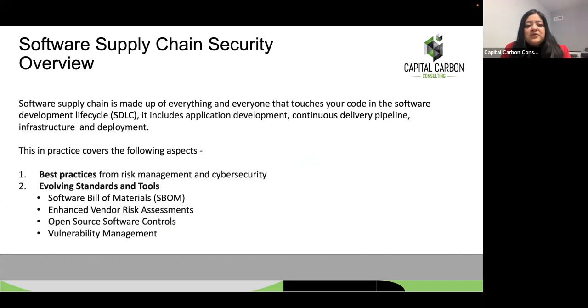Now, let's begin this session today with software supply chain security, right? I mean, security is on top of everybody's mind, but when it comes to software development, and as software professionals, we have a greater responsibility in this aspect. So software supply chain is made of everything and everyone that touches your code in the software development lifecycle. It includes application development, continuous delivery pipelines, infrastructure deployment, and also operational aspects of your software. In practice,